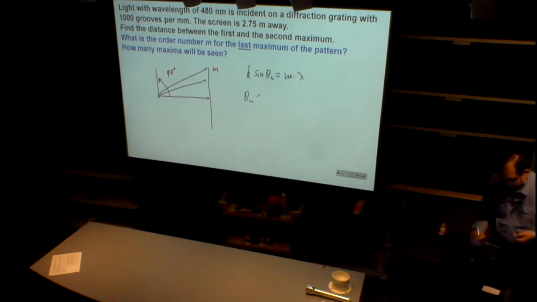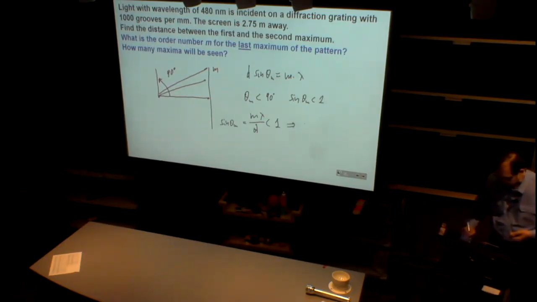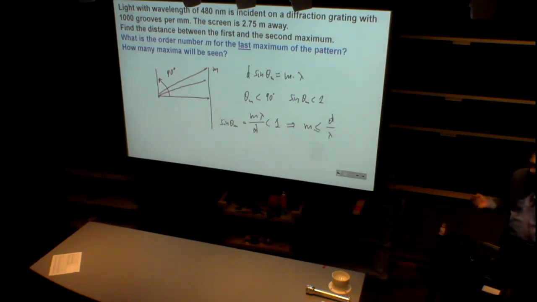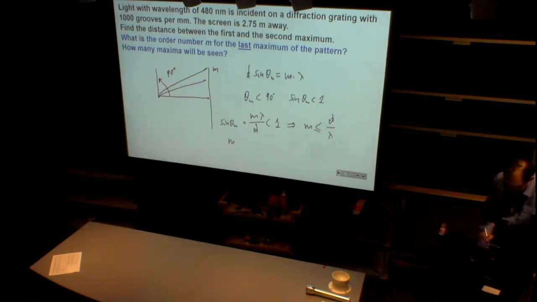And if the angle has to be less than 90, that means the sine of this angle should be less than 1. And that means this ratio should be less than 1 because it is equal to the sine of the angle. But we are solving for m, so, I don't remember 8th grade inequalities, m should be equal to this ratio, or less than this ratio. Equal, technically, could have been. So m is less than or equal to this ratio, and in this particular case,